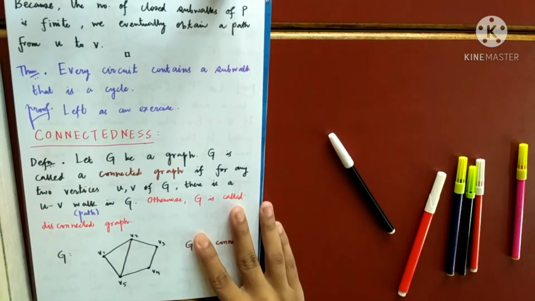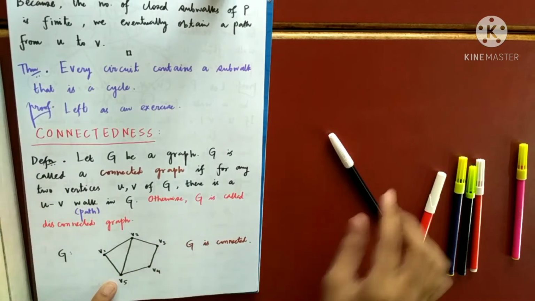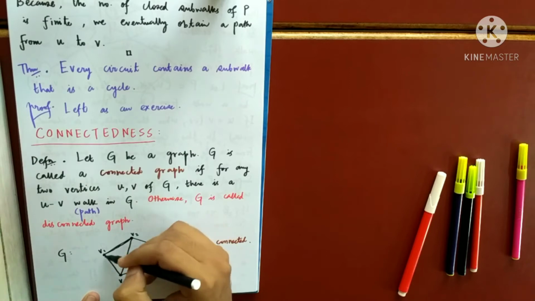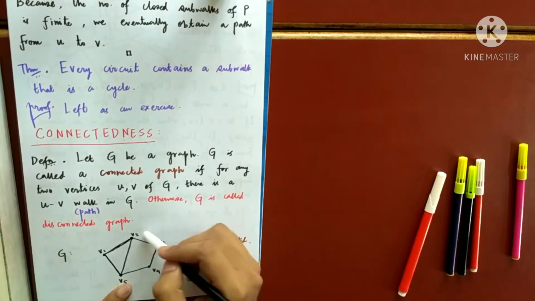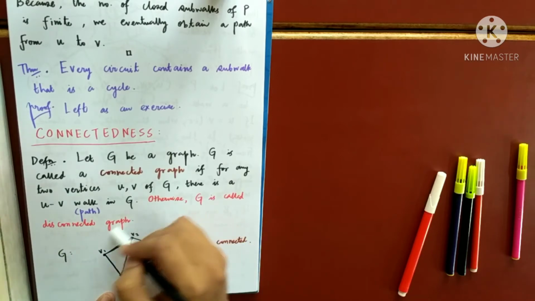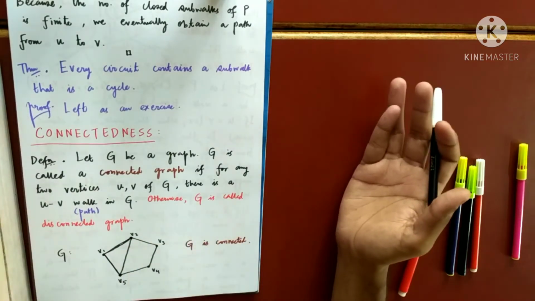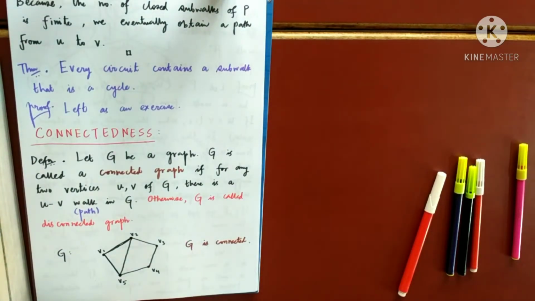But if you see here, this whole thing is a component, right? But if I consider this, just this much, only this one, this is not a component. Why? Because this is contained inside this connected graph. Hence, this cannot be a component. So this is how we define a component in general. So let me write everything whatever I said till now.